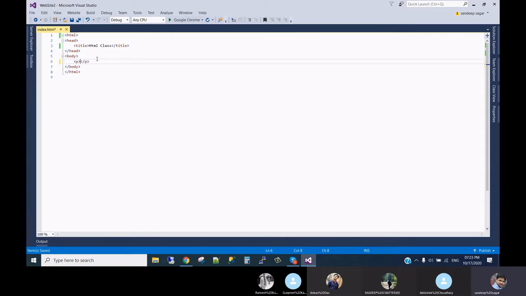What happens sometimes when we don't give the end of any markup is that the design breaks. That basically happens in some paragraph or some div, and I will also show you that. But it is a good habit that whenever we start a tag, we should end that tag.